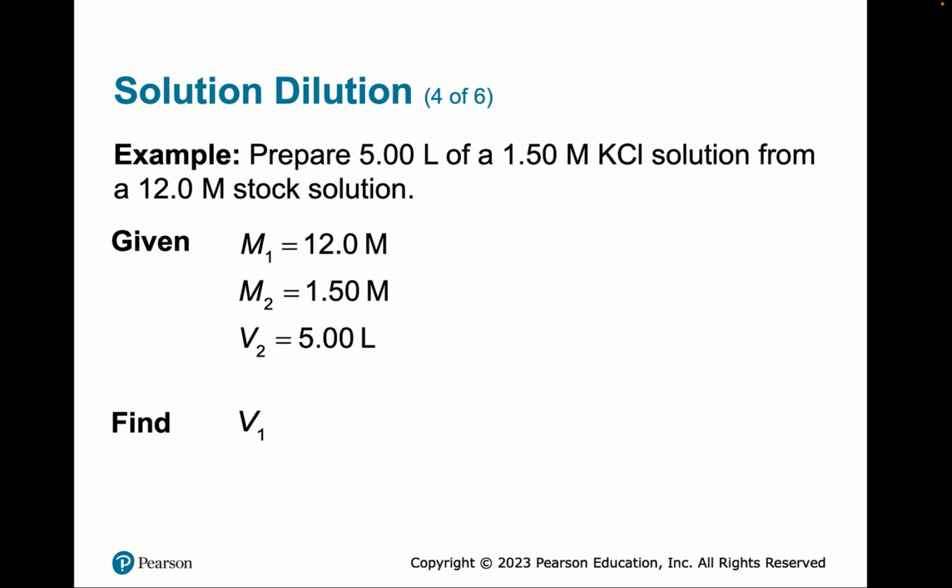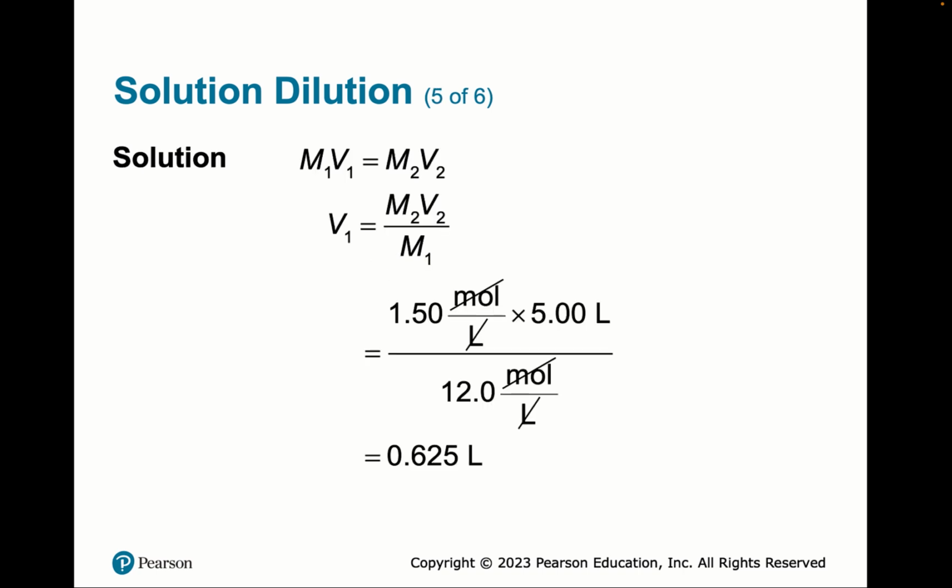So we are given M1V1 as our original, and we're trying to form the new solution. We don't know how much of the original. We know the concentration of the first, the concentration of the second, and the volume of the second. We just don't know how much we need of the original. So do the equation, solve for the unknown variable, plug in the numbers, and we only need 0.625 liters, or 625 milliliters, of that concentrated solution, and dilute it down to 5 liters to have that 1.5